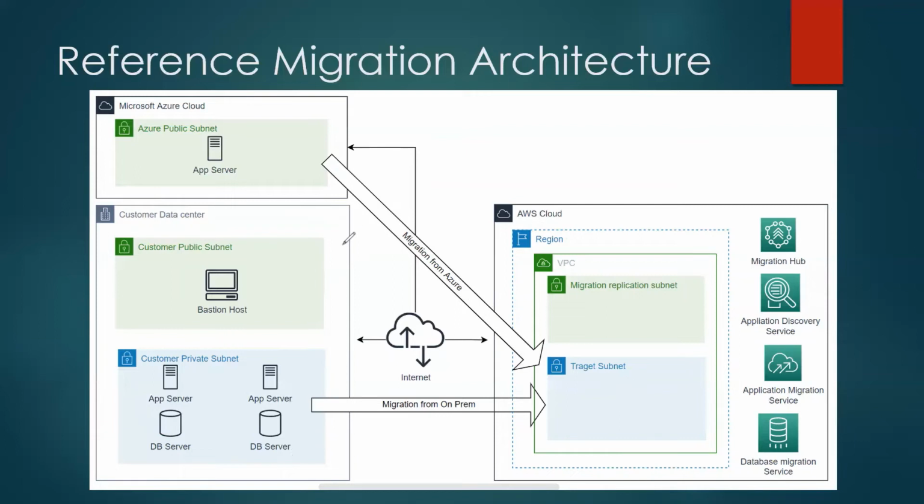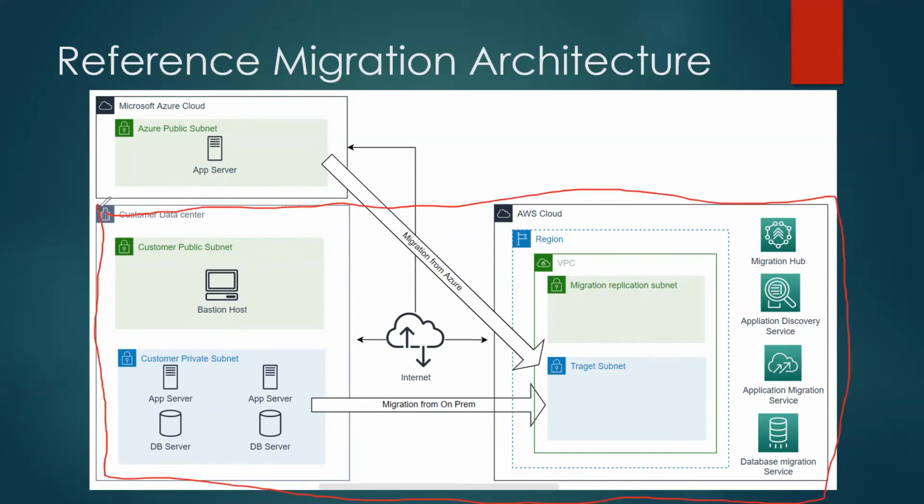So I hope the reference migration architecture is clear. We are going to discuss all this infrastructure, this diagram, throughout this series of migration videos. So understand what exactly is in this so that you do not get confused at a later stage. Also, one more thing: we will use an AWS CloudFormation template to deploy all this infrastructure. There is one template already in place from AWS, so we will use that and deploy all this